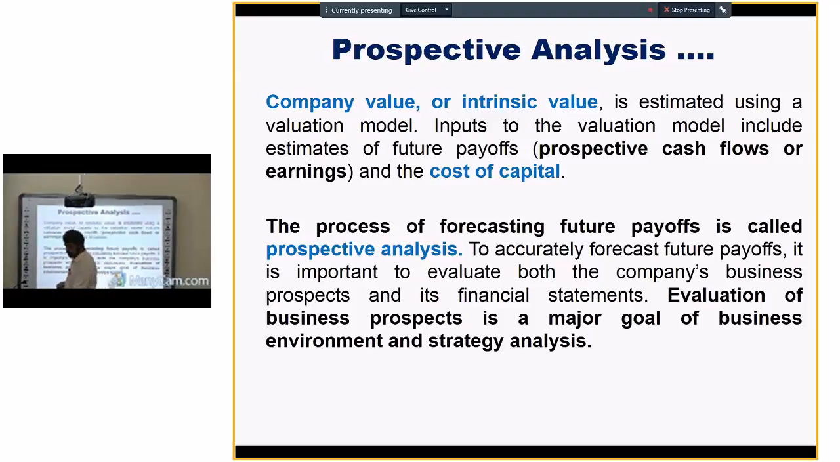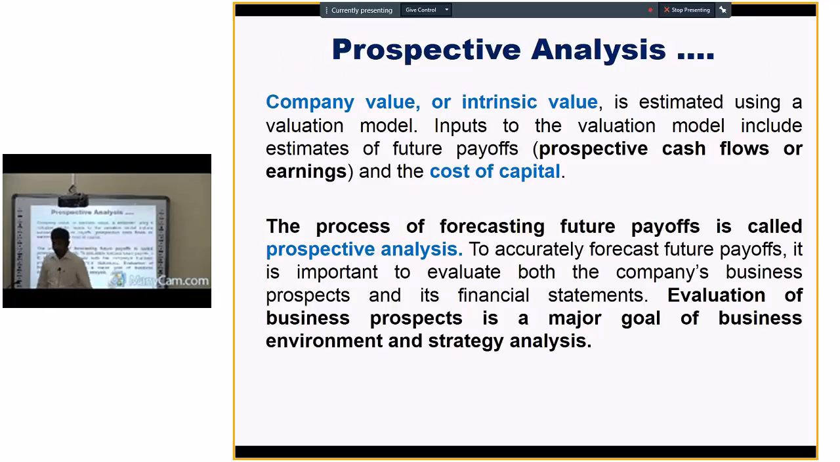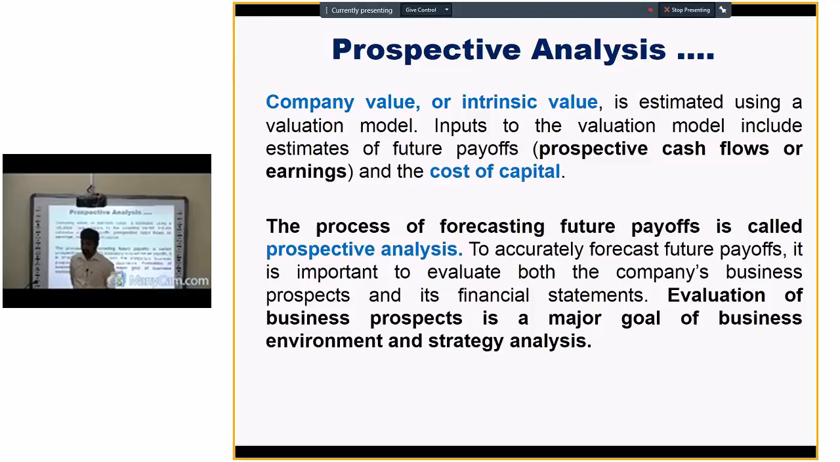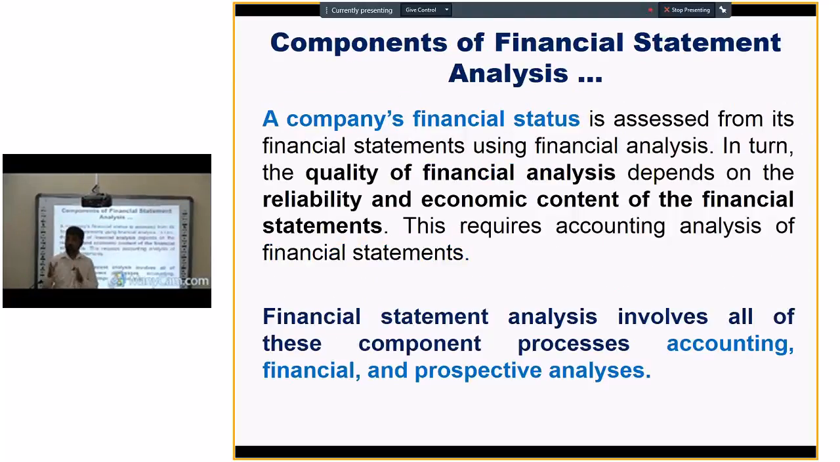Previously we discussed that part, that is under the prospective analysis: to accurately forecast future payoffs, its prospects and its financial statements. Evaluation of business prospects is a major goal of business environment and strategy analysis. Now you can identify the main purpose of this type of business environment and strategy analysis, right? Based on that we can conduct that type of